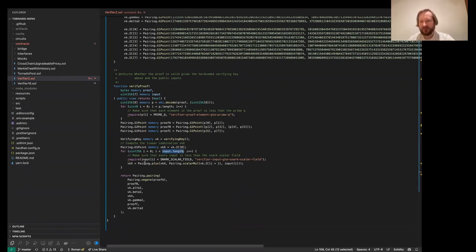So the possible optimization that is usually done in such cases is we take all the inputs that are supposed to be public and hash them. And we hash them both in the Snark and in the smart contract.